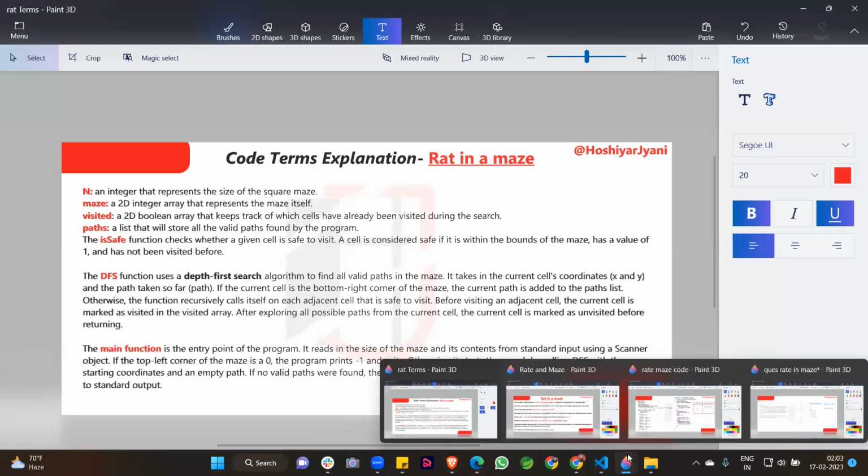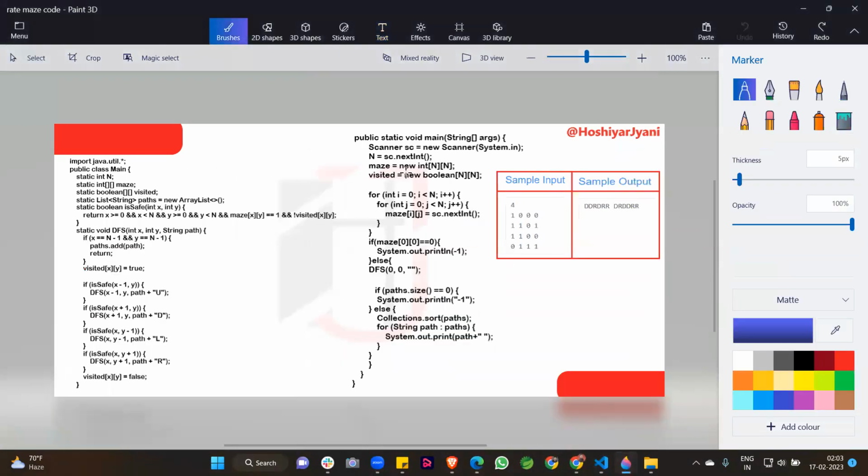So now let's come to the code for a better understanding of this question. Guys, the meaning of this code is that when our first point is 0, then we simply return -1 because there is no entry point to reach this position. If our first point is not 0, then we do some operations for the upcoming paths.